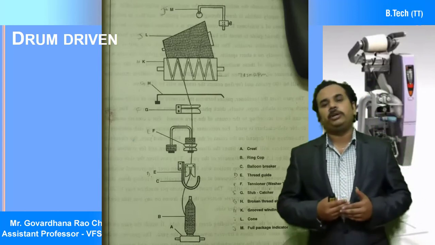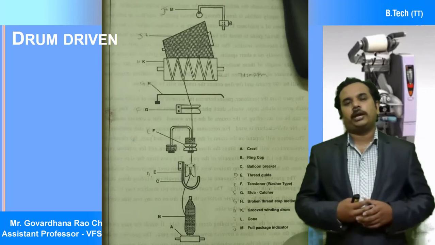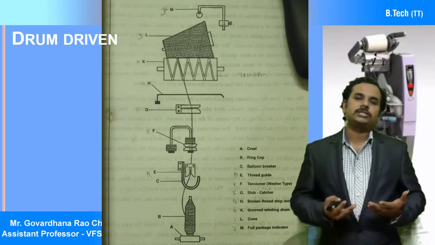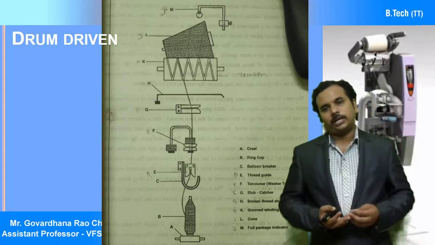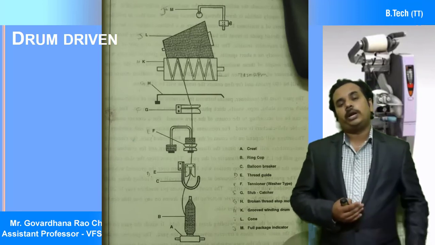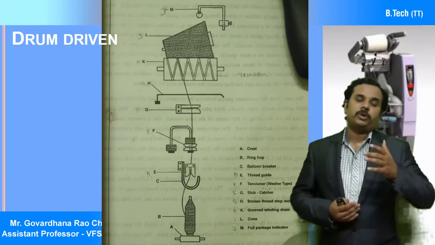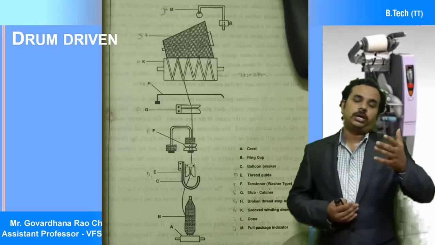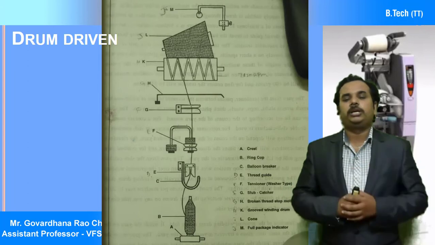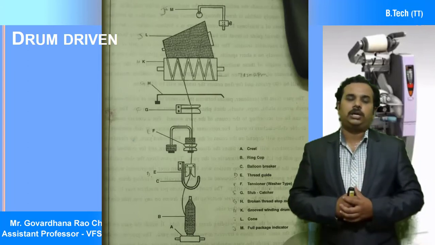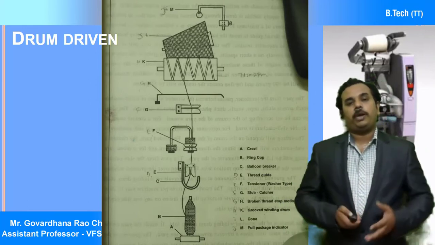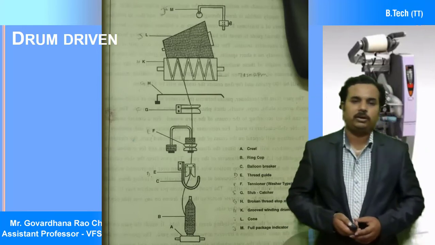The 20,000 meters is an assumption, maybe it is less than that also. So 20 minutes is required to unwind and convert this one package into the other. Nothing but the smaller package needs to be unwound and wound into the bigger package. It requires 10 to 20 minutes. So that is a simple calculation you can make for drum driven winding machines.